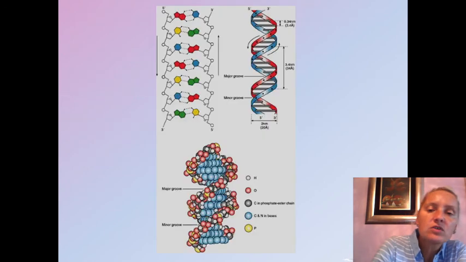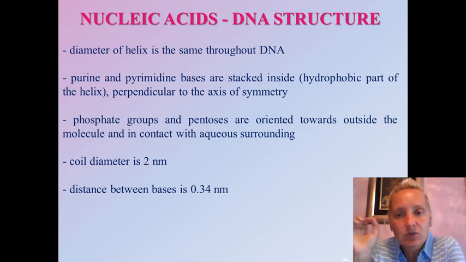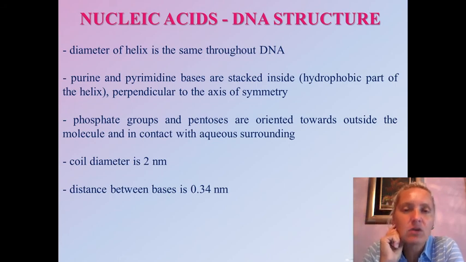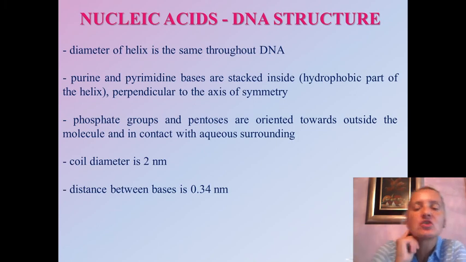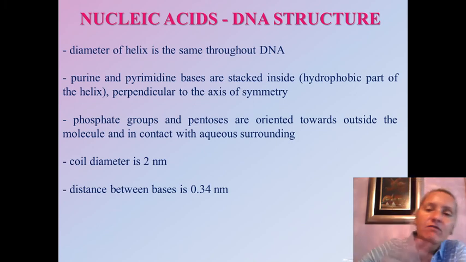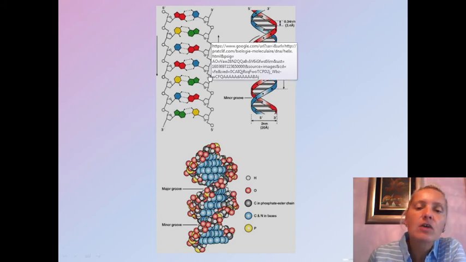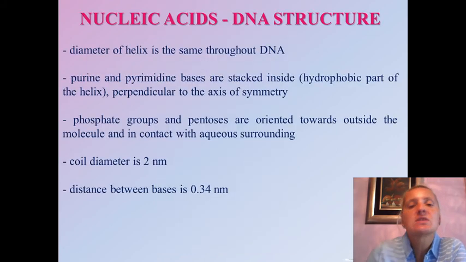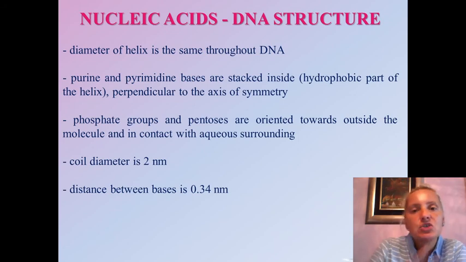And if you notice from the slide, purine and pyrimidine bases are stacked inside, and they represent the hydrophobic part of the molecule and of the helix, and it's perpendicular, as I have already mentioned, to the axis of symmetry. And the phosphate groups and pentoses, as you can see here, are oriented towards the outside, to the environment,